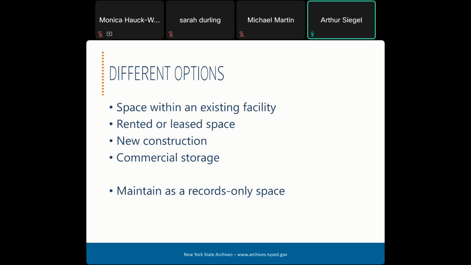There's commercial storage, such as in a facility like Iron Mountain. This can potentially be expensive, though, when you consider that commercial facilities often charge not just for storage, but for other services as well, such as retrieval. State agencies should take note that this is one distinction between a commercial facility and the State Record Center, which only charges a flat fee for storage. Easy accessibility of records might also be an issue with a commercial storage option.